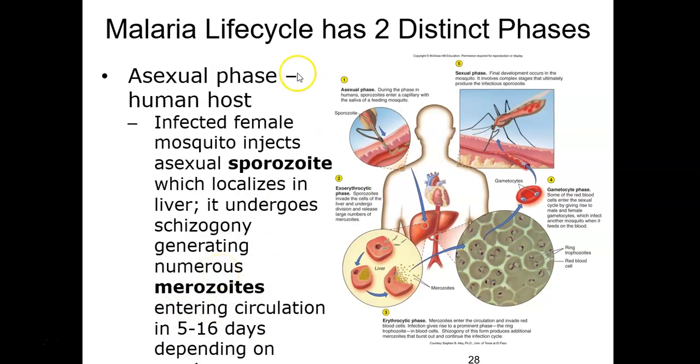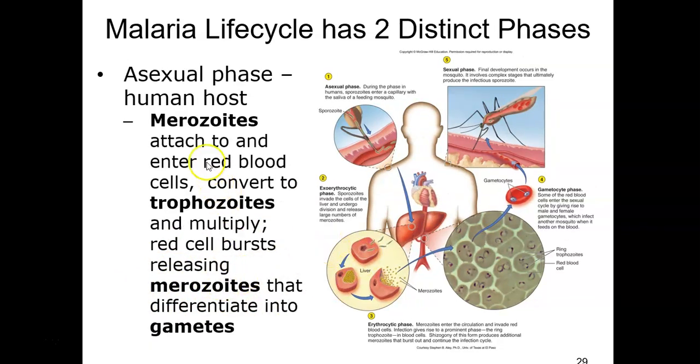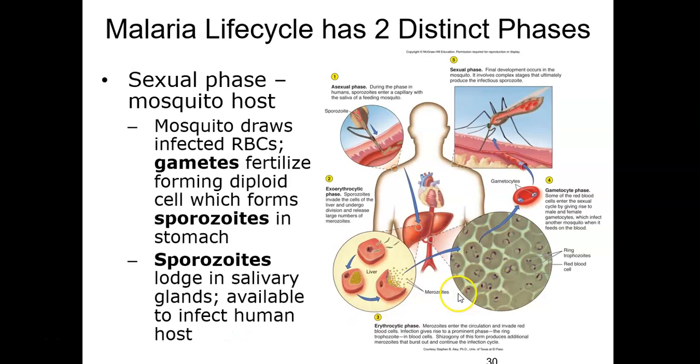So right now, the reason why this is known as the asexual phase is this sporozoite, once it's injected into the blood and it gets to the liver, it does not need fusion of a sperm and egg to divide and create this new form, the merozoites, which then are able to infect the red blood cells and convert to the trophozoite form. The gametes are what are going to go on and go into the final phase, which is